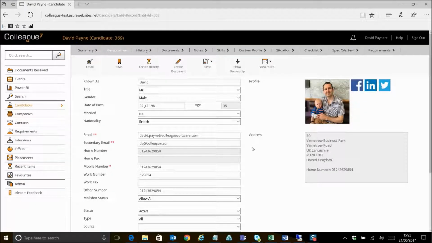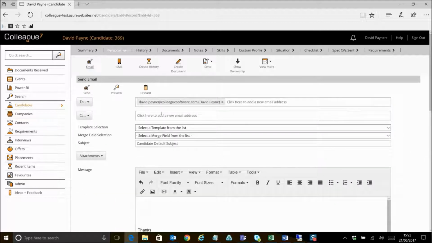Moving on to talking about email and how this is different between 6 and 7. Obviously with email it's considerably different in 7. There is no dependency on Outlook as the method in which the email is sent. Essentially you write your emails actually within Colleague 7 itself. So you click on the email option and the email form will slide down. There's obviously the option to enter email addresses in the to field, but it will default with the record that